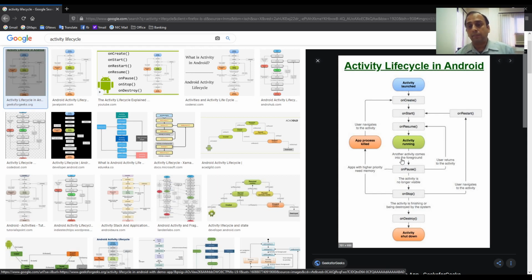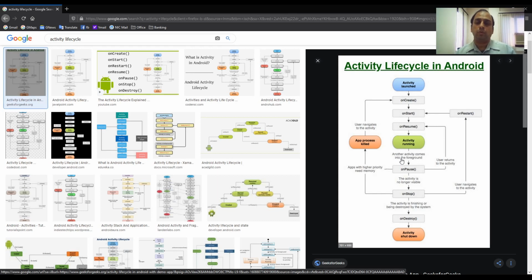And if the activity is no longer visible, means the user has pressed the back button, or the home button, or has destroyed this particular activity, in that case onStop will run. And after onStop, when the activity is finishing or exiting, when you are clearing it from the RAM, onDestroy will run. If you pause it and then resume it, onResume will run.